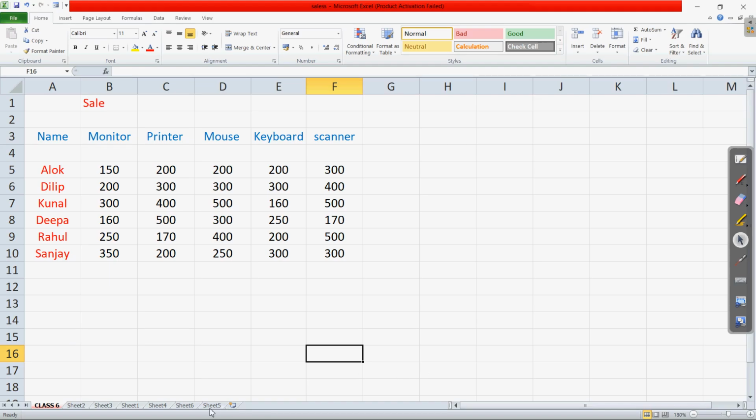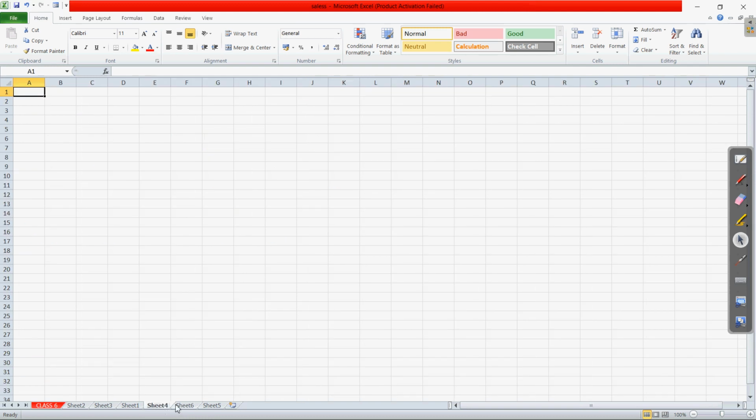So suppose we are going to delete the blank one first. If these are the sheets present at the end and I want to delete one, right click on any of these. Now if you click on the delete button, this sheet will be deleted. Clear? You can see sheet number 6 was deleted. Now again, if you want to delete sheet 5, right click on that, then you have the delete option. If I click on delete, sheet 5 is deleted. So this way any blank worksheet will be deleted.